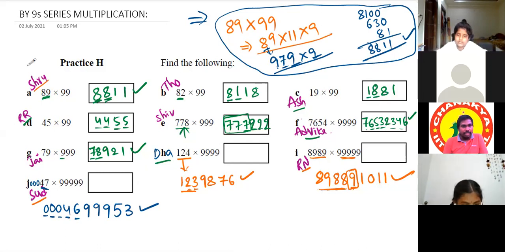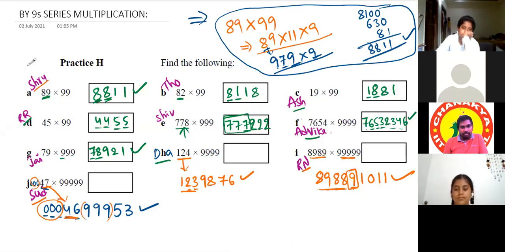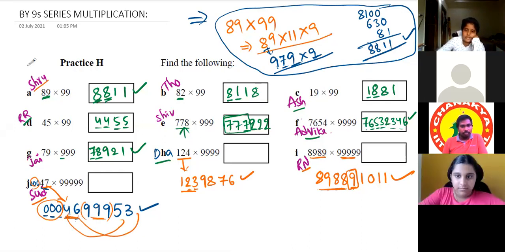So here we are reducing this extra step of keeping zeros and removing zeros. How? Just take the given number minus 1. Predecessor of 47 is 46. How many extra 9s are there? We can keep those 9s here and do the process for the number again. 9 minus 4 is 5 and 9 minus 6 is 3. That's all.